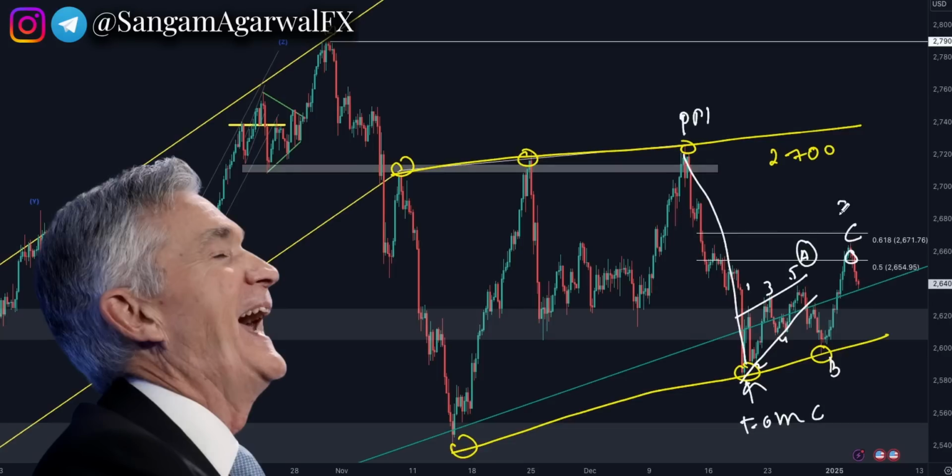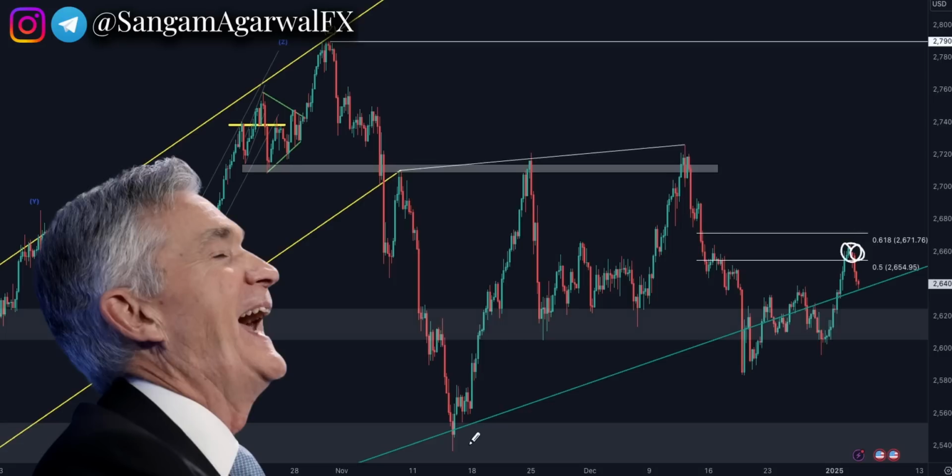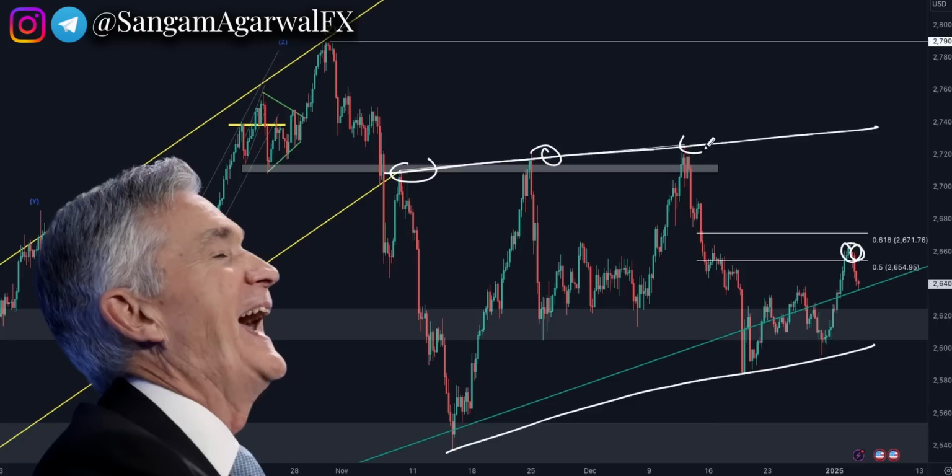So again 2671 is your big intraday resistance level. As long as price is trading below this area, there is a high chance this is a counter trend correction in the first impulsive wave to downside. This time no static support, only the dynamic trend line. So if the lower trend line breaks out, gold will technically turn bearish. If the upper trend line breaks out, then full bullish. So you have to manage your risk based on the 2671 level.